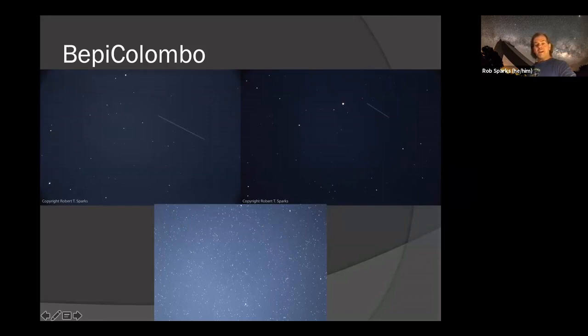And heavens-above.com, a lot of you are probably familiar with that website. They had a very, very precise table that showed you the RA and Dec of the satellite from your location, if you put in your location, which for me was Tucson, for every minute. So this thing was moving a couple of degrees per minute. So you had to have the position extremely precisely.